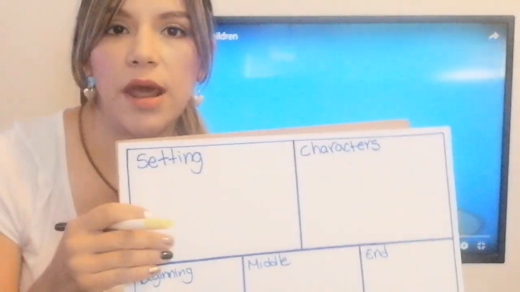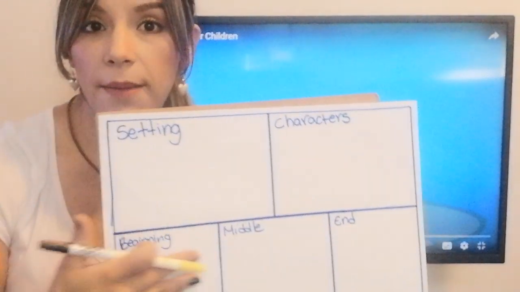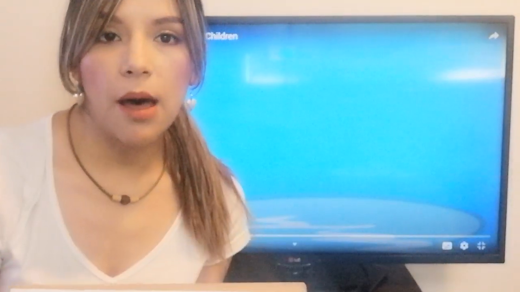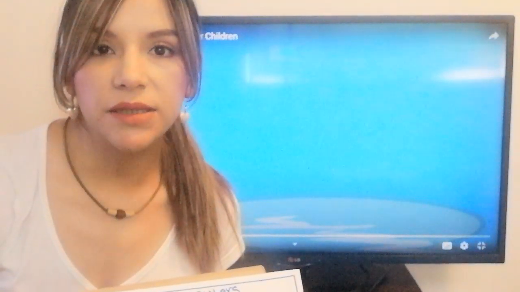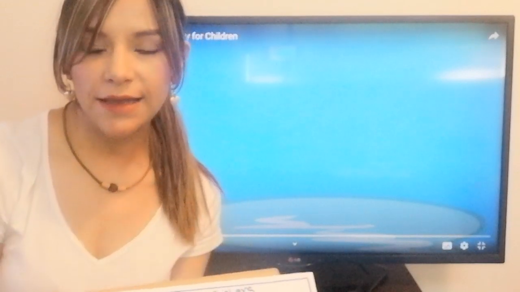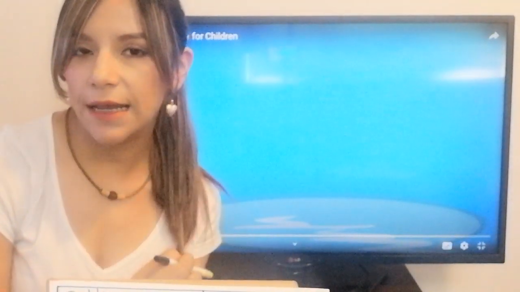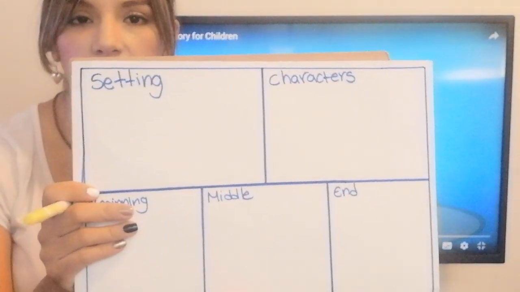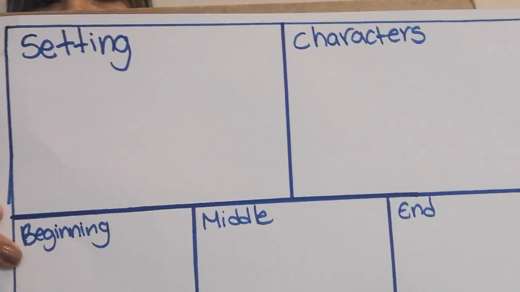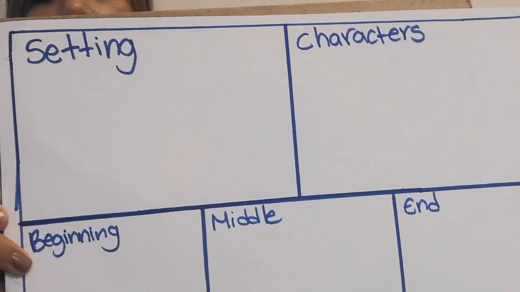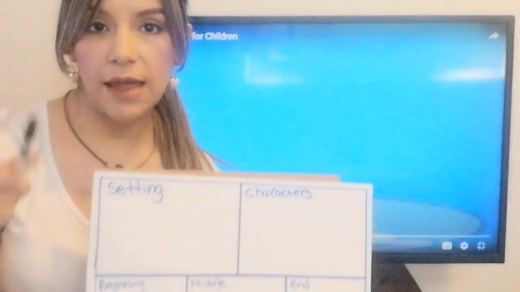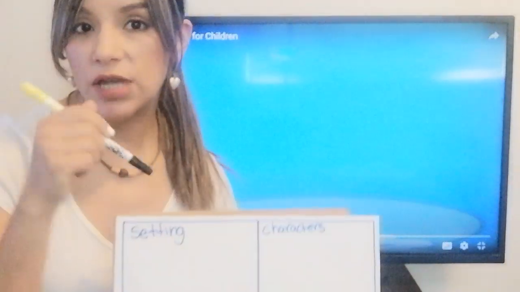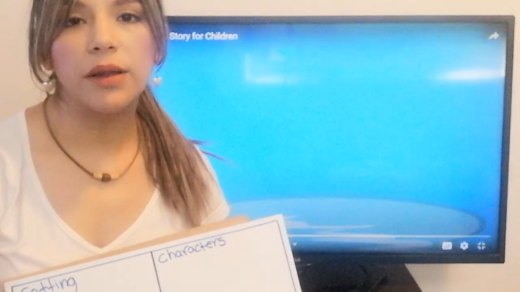for kids, and we are going to complete this story map today, taking into account the story that we have for today that is called The Ugly Duckling. So while kids are watching the video with Miss Angelita, mom and dad can help us putting this in the notebooks, okay? Don't forget, I'm going to make a close-up so you can see. Setting, characters, beginning, middle, and end. The idea is that we can fill this out today, right now, in this moment, while the class is on,